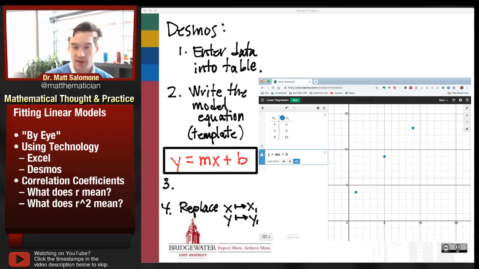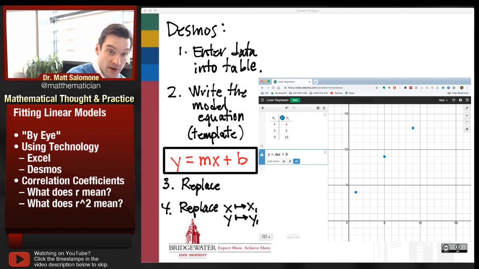This is not something that would show up on your written work on an exam or something like that. But this is just the symbol that you use to tell Desmos that you're looking for a regression. Replace the equal sign